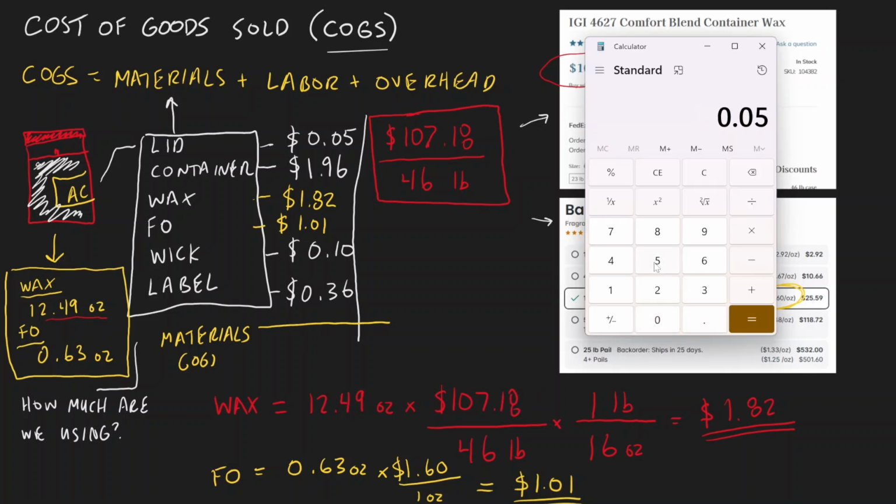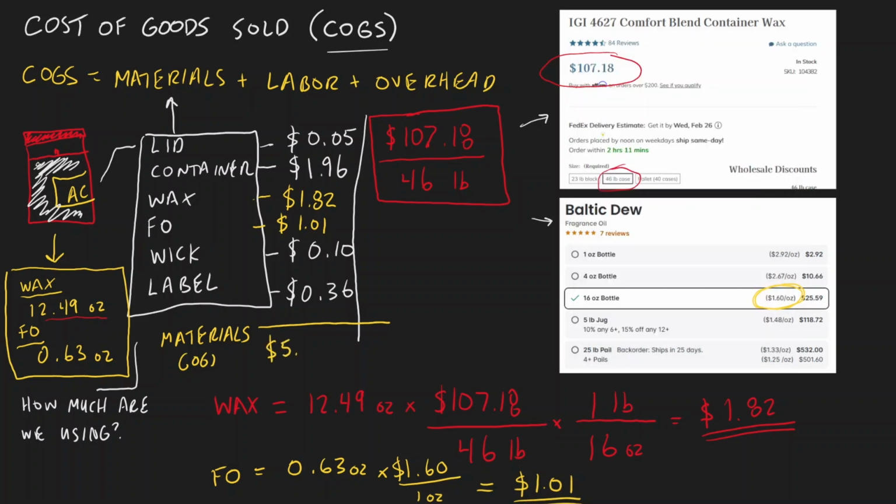So we've got 5 cents for the lid, plus $1.96 for the container, $1.82 for the wax, $1.01 for the fragrance oil, 10 cents for the wick, and 36 cents for the label. So $5.30 is our material cost of goods sold. Let's take that number and we'll post it up over here right above the equation. Then we'll clear out the screen to talk about labor and overhead. So this was